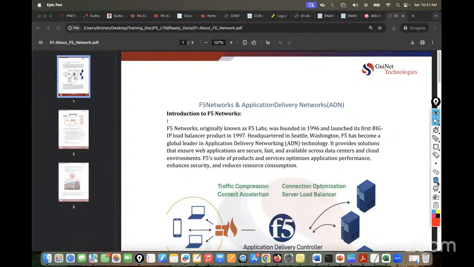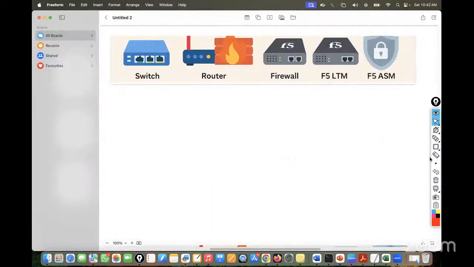Now this company was founded in 1996, and at that time the focus was application delivery and security. Their headquarters are in the USA, and they are a global leader for the time being in application delivery networking, that's ADN, and they also provide core security products. If I talk about that, they have three core products. So let me go back again here. They basically work on